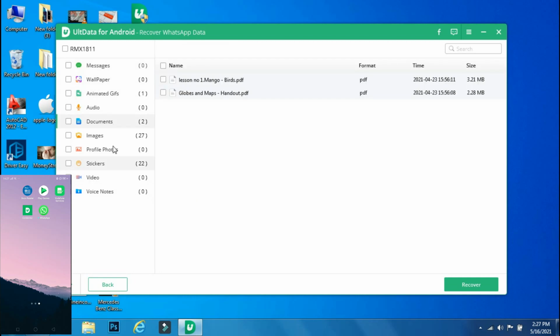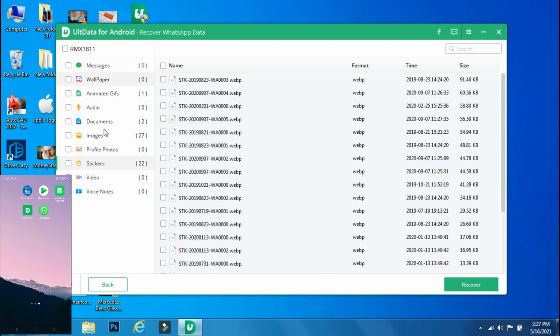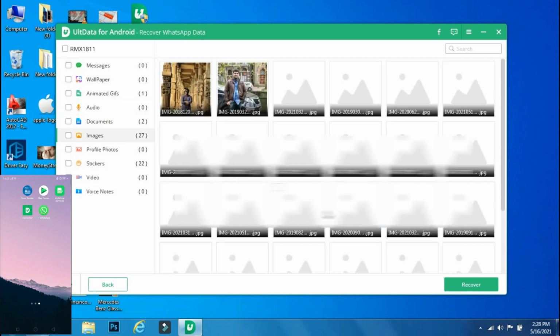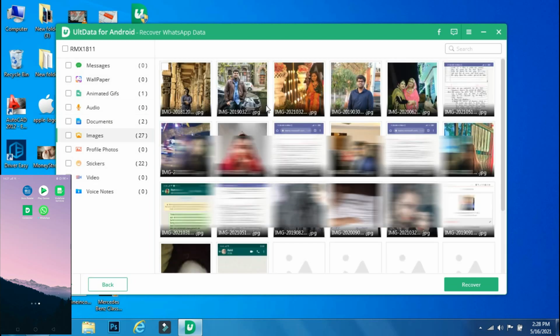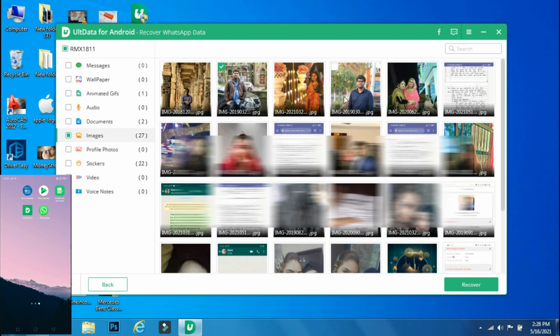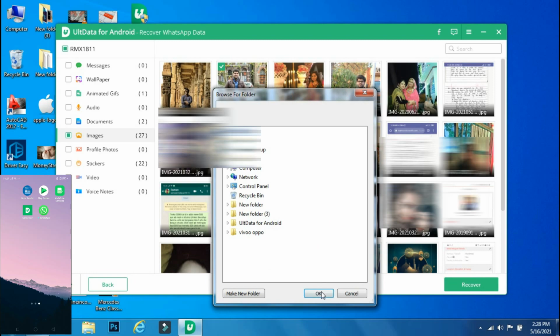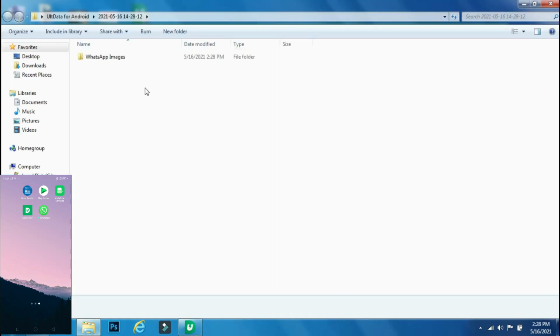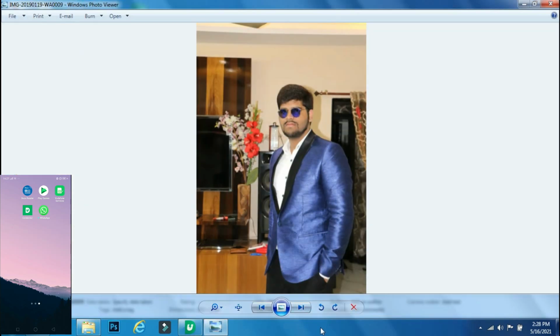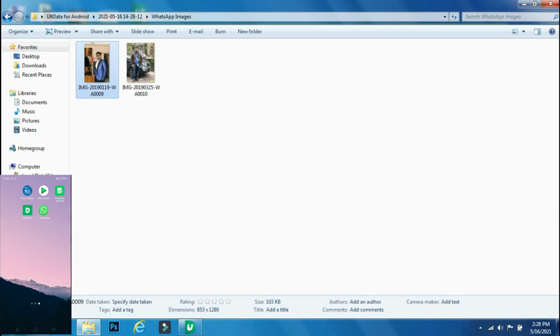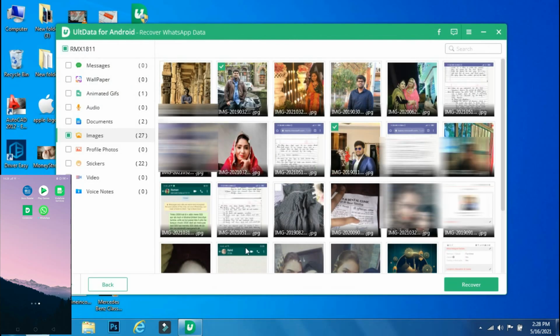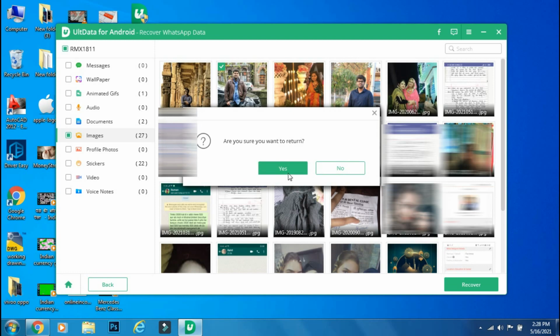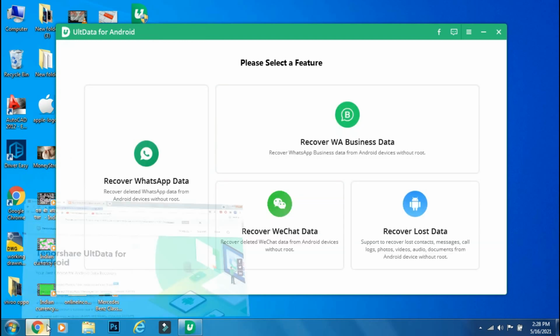The procedure is complete, and as you can see, all the files have been recovered from my WhatsApp. We can follow the same procedure that we did earlier of selecting the file we want to recover, then selecting the location where you want to save the recovered data and just clicking recover. Once you have done that, the recovered folder will open automatically. And here you can see all the files that you had selected for recovering from your deleted WhatsApp data. So this is the easiest and fastest way to recover deleted WhatsApp data from your smartphone, and it was possible in just a few clicks with Tenorshare Alt Data for Android.